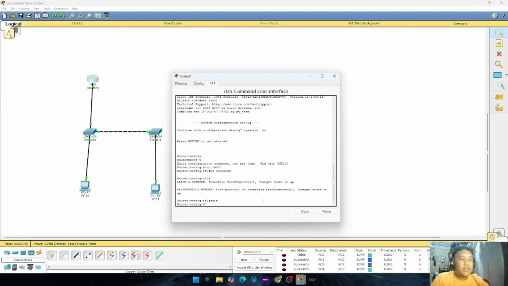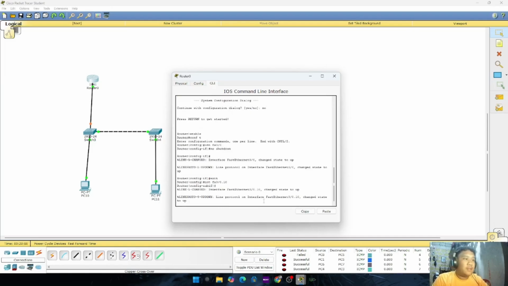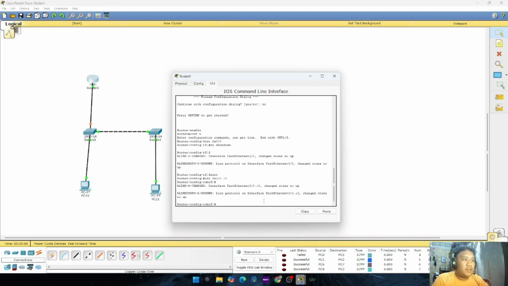Let me first assign the IP address of the first VLAN. In FA0/0.10, for VLAN 10. As you can see, the protocol on Ethernet 10 changed state to up.